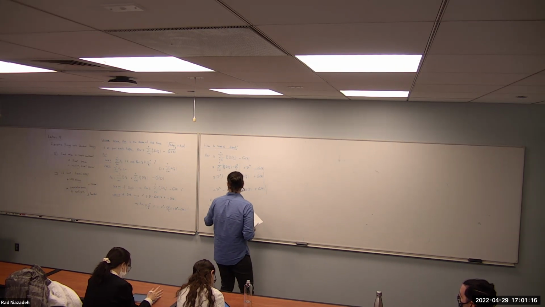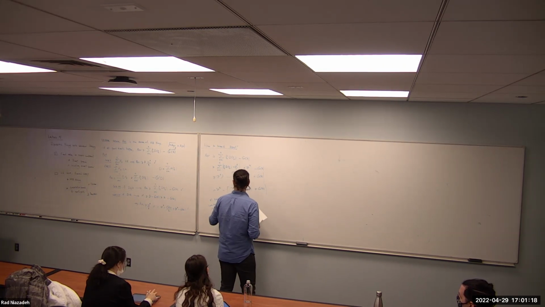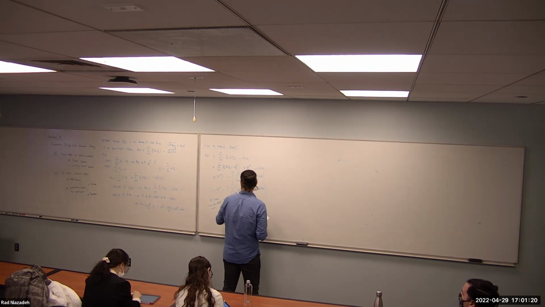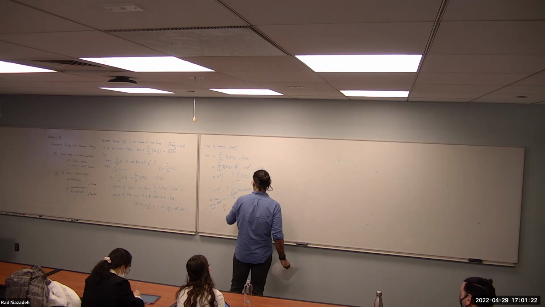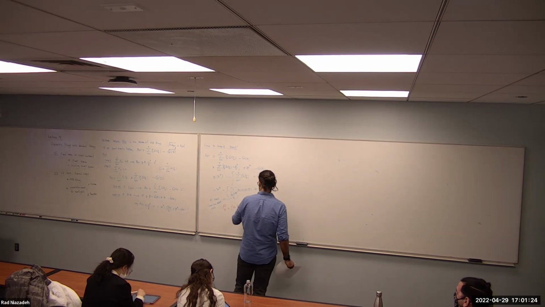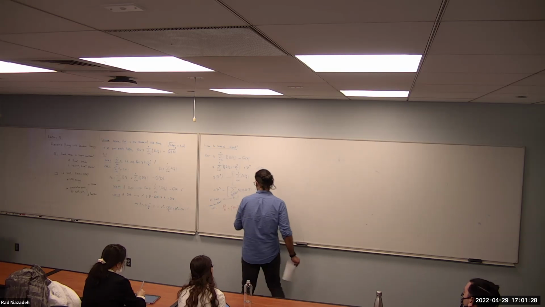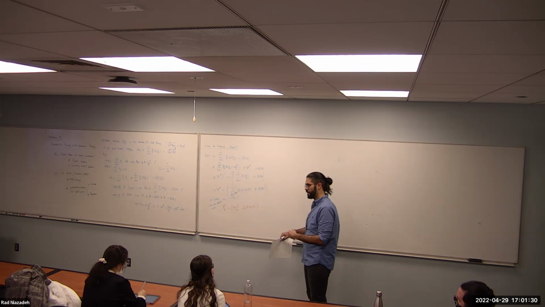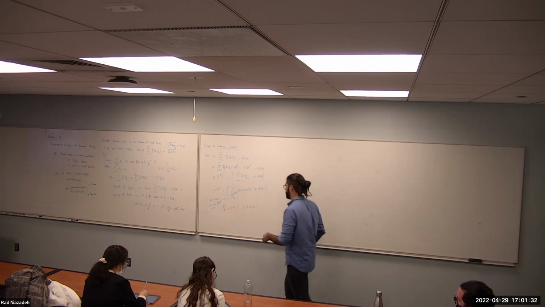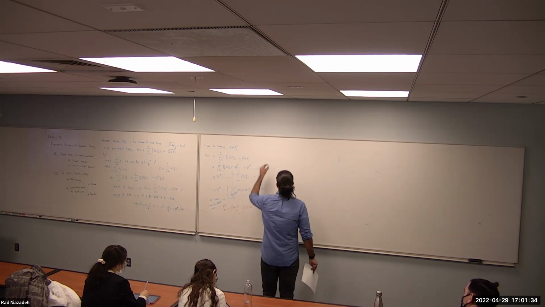So define P of epsilon to be all the prices in the curly P such that delta of P is greater or equal than epsilon, for some parameter epsilon that's going to be set. So I'm looking at two sets of prices, those that are low demand and those that are high demand. And then I can say my regret bound